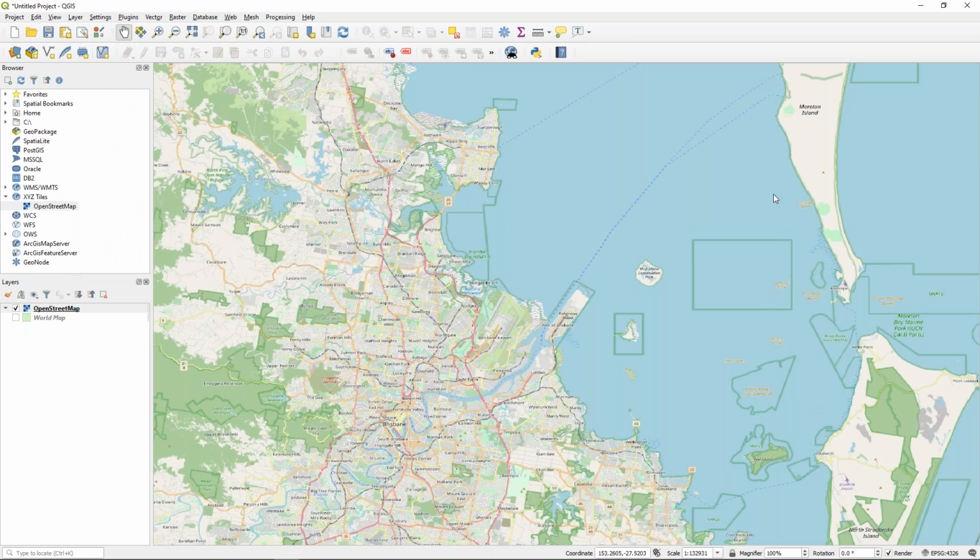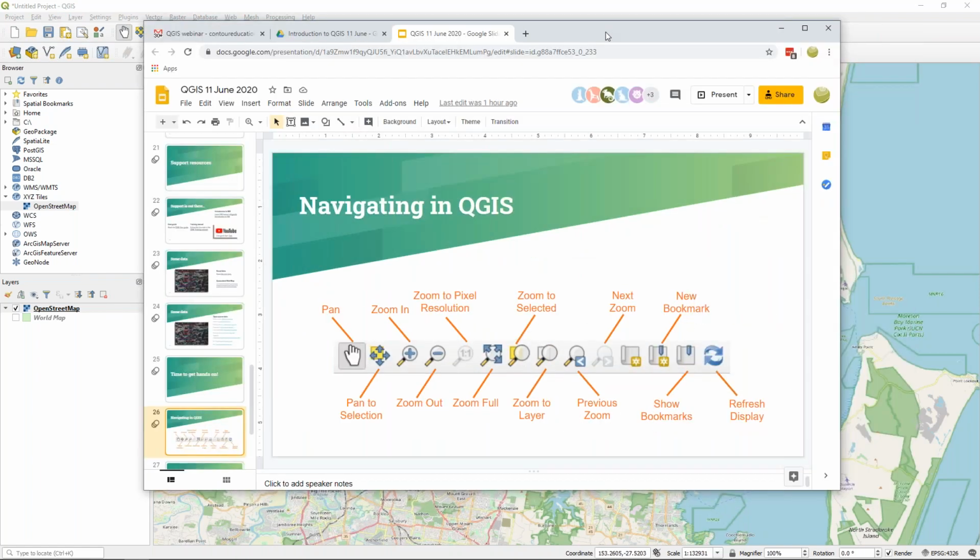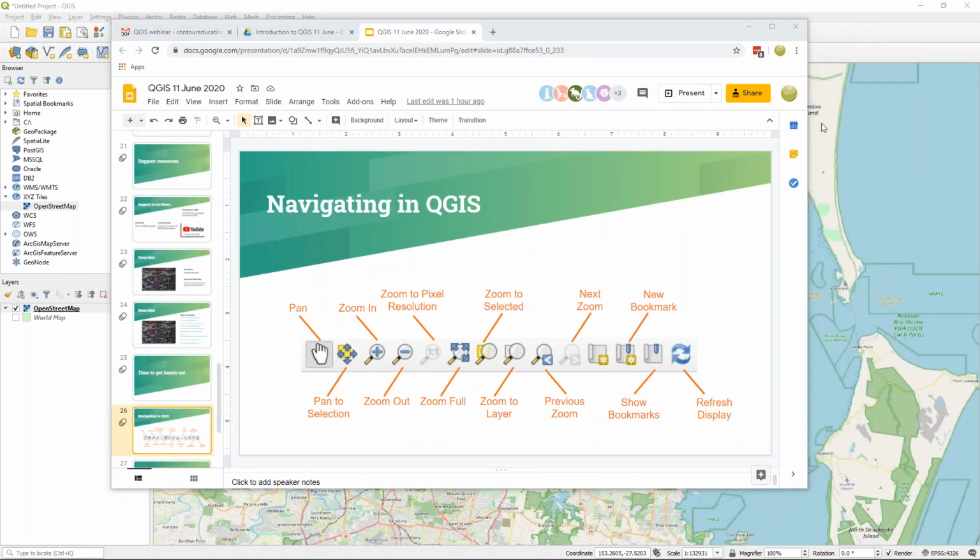Any more questions as I'm going, just pop them in that window. Just mindful of time, we're pretty good at 20 minutes. I'm going to show you now how to bring in some additional data. One really cool thing is you can bring in data from the web. I've shown you that OpenStreetMap data, but